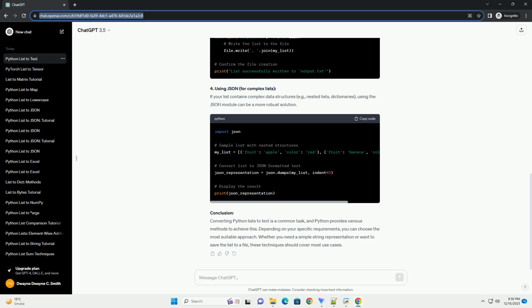The str join method is a straightforward way to concatenate list elements into a single string. List comprehensions provide a concise way to create lists. You can use them to convert lists of complex objects to text. If your list contains nested structures like lists or dictionaries,